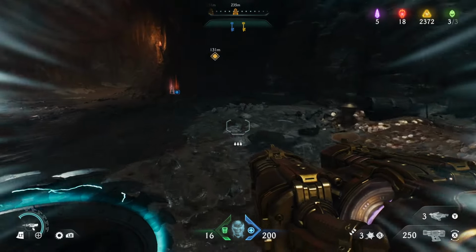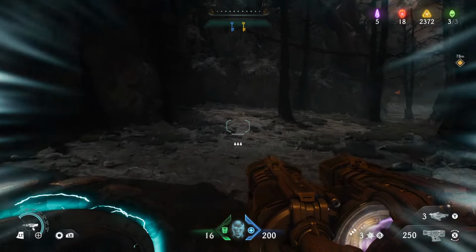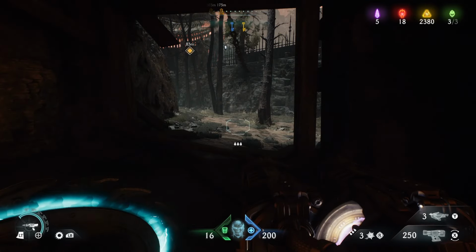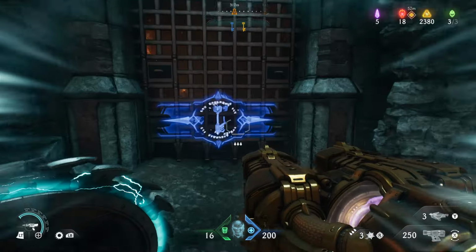Then from the chest, if we head out here towards the objective, but we do a left, there's going to be a wall we can break through. This is a secret area and there's going to be 8 gold. Then from that gold, if we keep going left all the way around, there's going to be a blue key